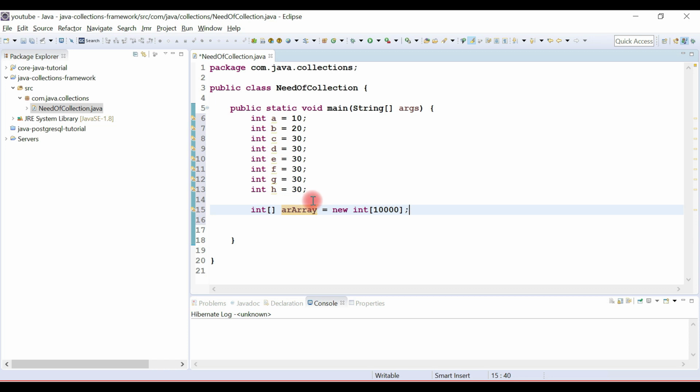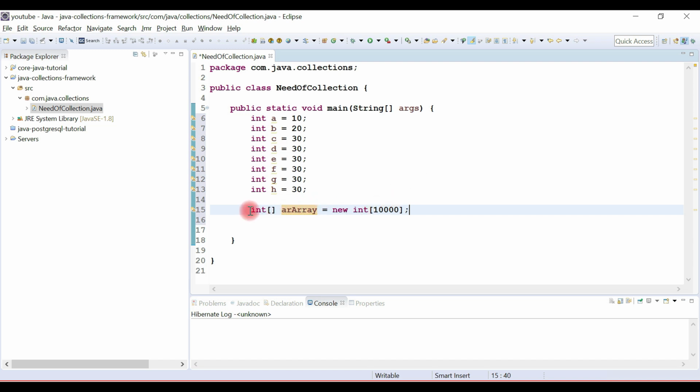An array is an indexed collection which holds homogeneous data elements, and arrays are fixed in size. Once we create an array, there is no chance of increasing or decreasing the size of the array as per our requirement.